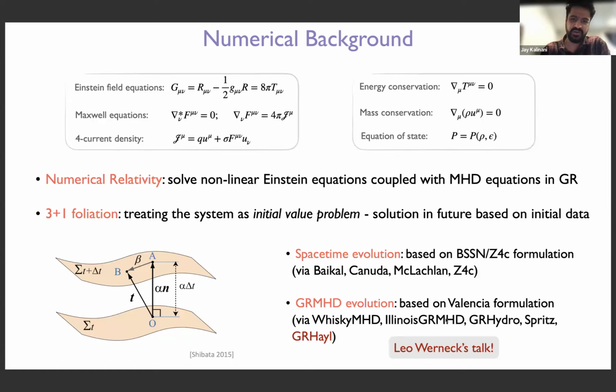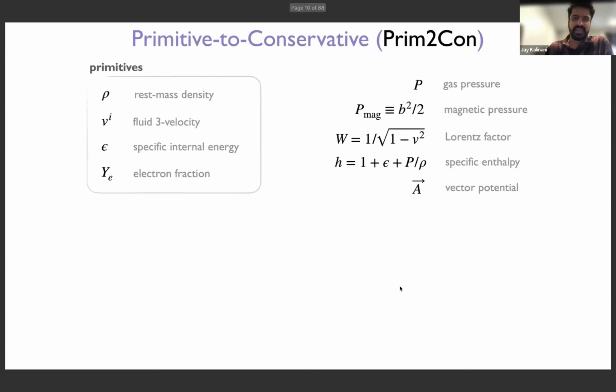And you have other codes on the market, such as Whiskey MHD, Illinois GRMHD, GRHydro, Spritz, and Gray Hole, that Leo will talk about, I think, later today or tomorrow. Now, one of the first steps that you do is, once you provide the initial data for your problem, you